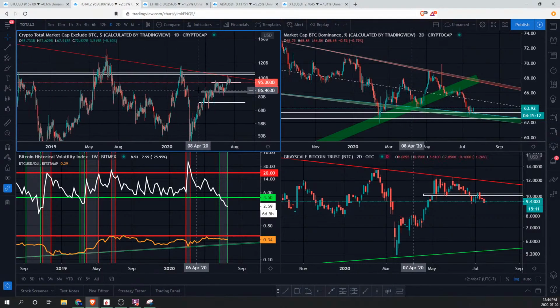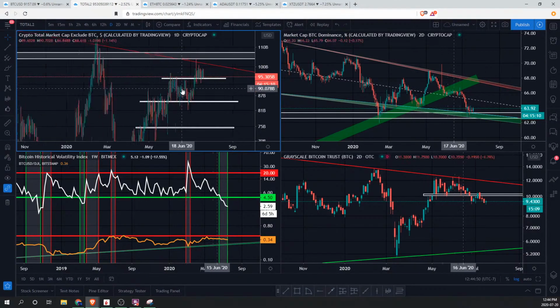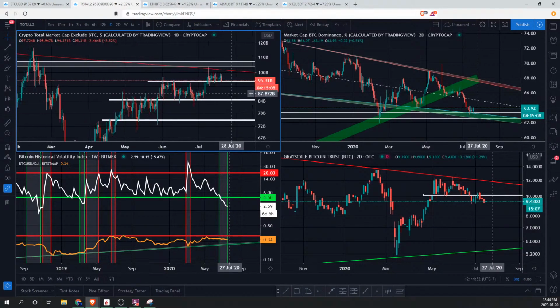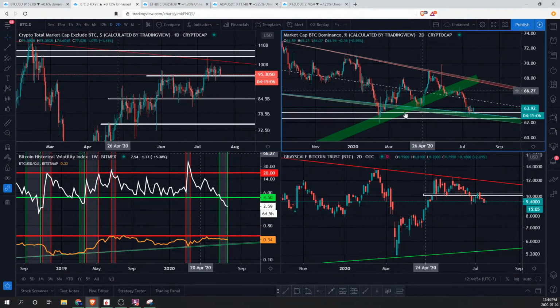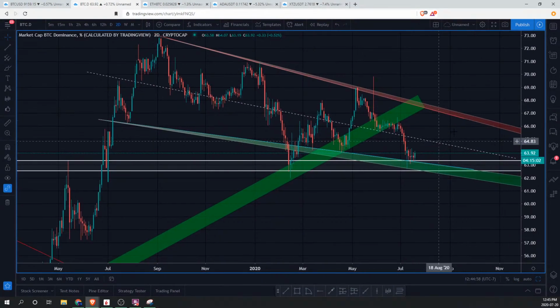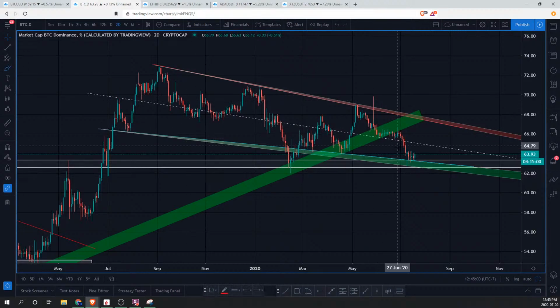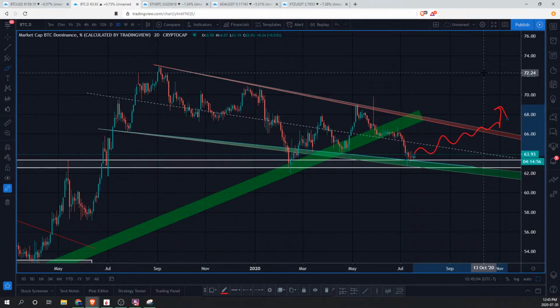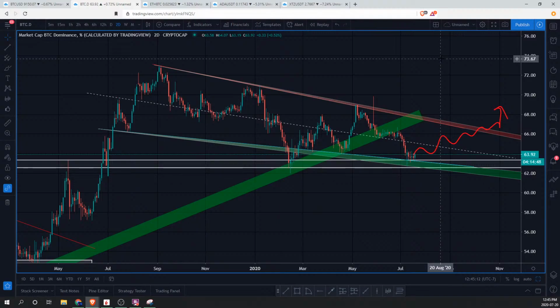All right, now we're going to look at BTC dominance, because this is going to really give us a good indication of how altcoins are doing compared to Bitcoin. So we see not a lot, to be completely honest, a lot of consolidation. And like we said before, if this starts trending to the upside, that means that altcoins are losing market cap. It means that Bitcoin is taking more of the market share, which is a bearish indication in my view, because